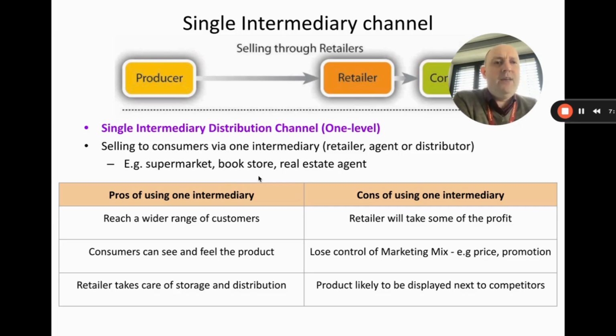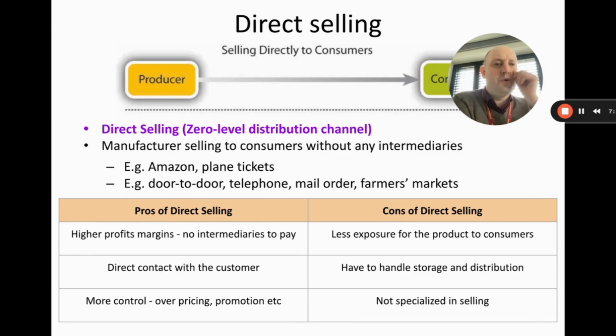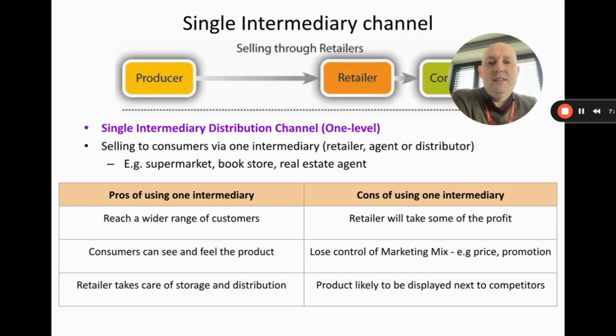Let's say you write your book and you consider direct selling. If you wrote a book and did direct selling, then you would effectively be trying to find customers yourselves. But in this situation, let's say you decide to sell via a bookstore, whether that's online or through a physical bookstore. So the pros of doing that, well, number one, you're going to be able to reach a wider range of customers. Some customers are going to come into the bookstore, not know your book, but then they'll see your book as they walk around the shop. So more people are going to see your book.